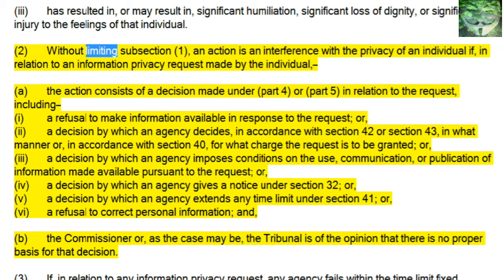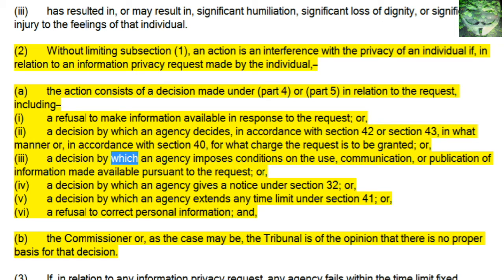2. Without limiting subsection 1, an action is an interference with the privacy of an individual if, in relation to an information privacy request made by the individual, (a) the action consists of a decision made under Part 4 or Part 5 in relation to the request, including (i) a refusal to make information available in response to the request, or (ii) a decision by which an agency decides, in accordance with Section 42 or Section 43, in what manner or, in accordance with Section 40, for what charge the request is to be granted, or